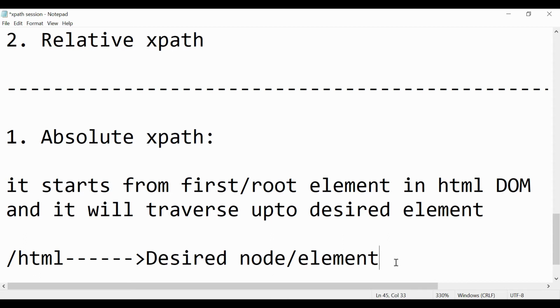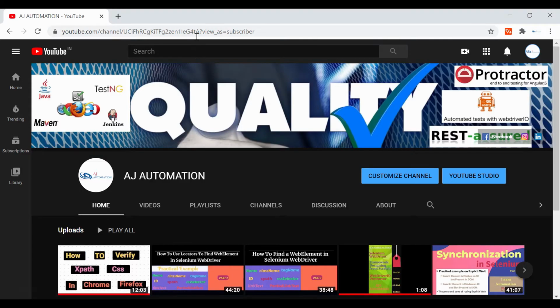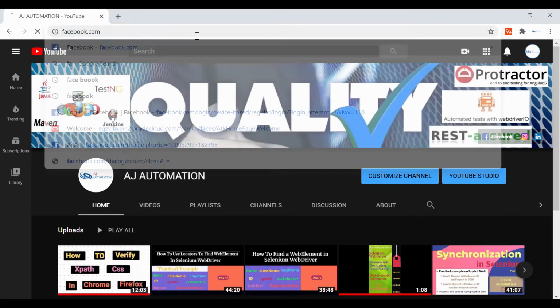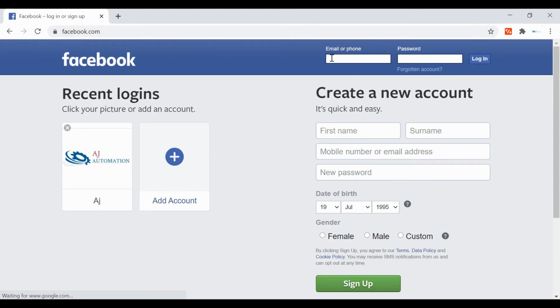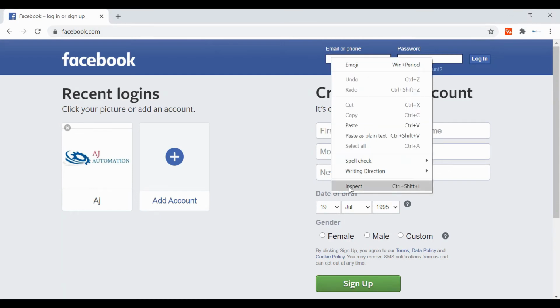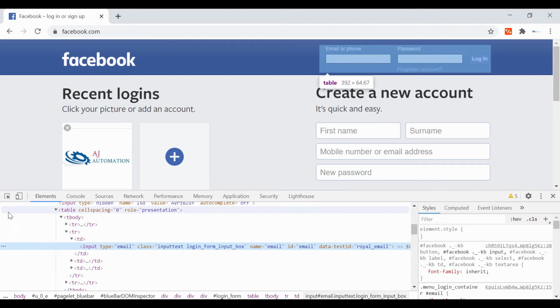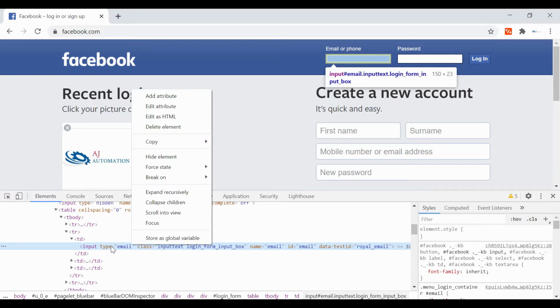For example, I will show you practically. Let's go to Facebook, and just right click, inspect. Here you just have to right click on this row, which represents the email text box.